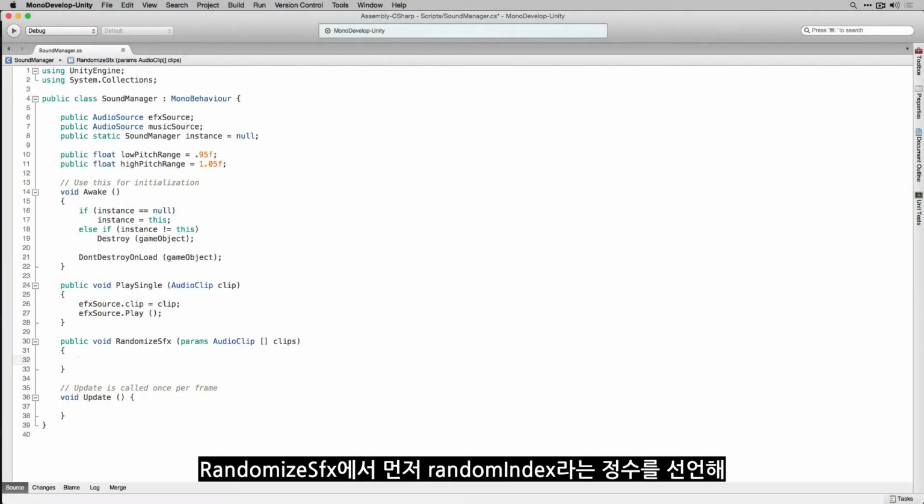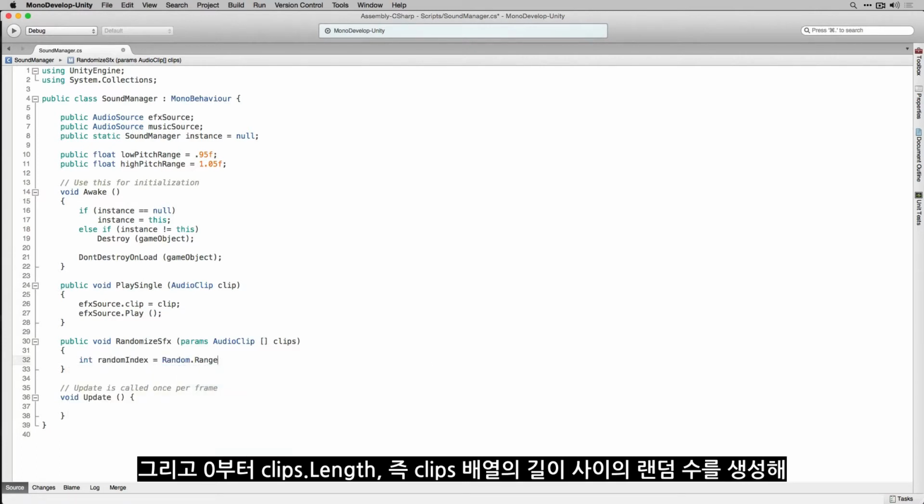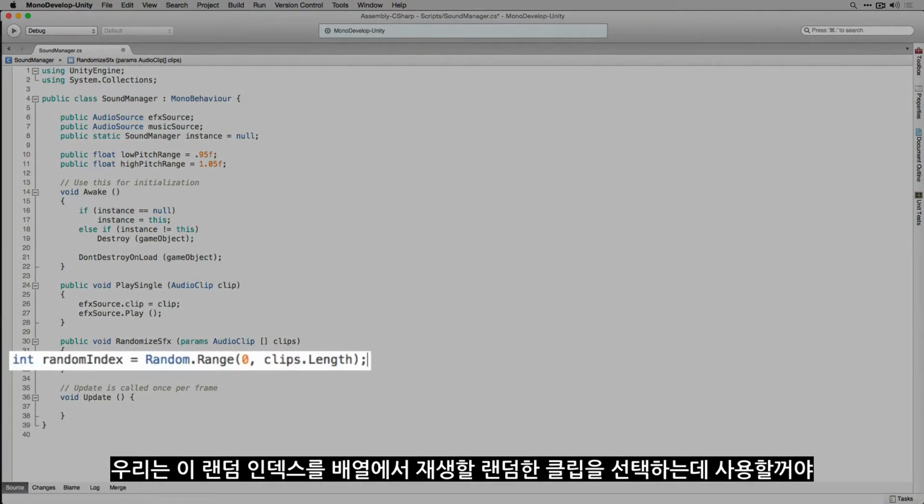The first thing that we're going to do in randomizeSFX is declare an integer called random index, and we're going to generate a random number between 0 and clips.length, the length of our clips array. We're going to use this random index number to choose a random clip from the array to play.